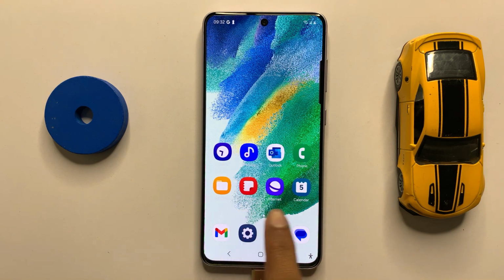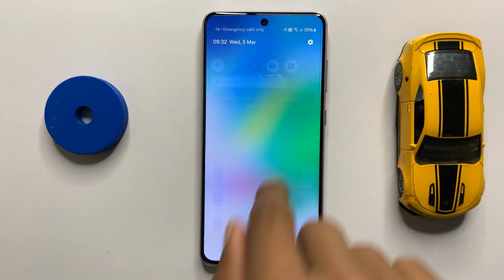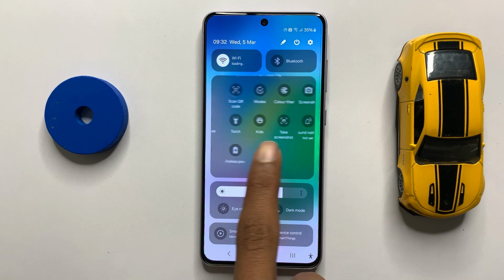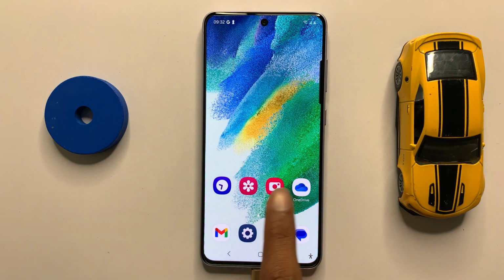First of all, turn off do not disturb mode. Now swipe down to your control center, and if you turned on your do not disturb mode, then turn it off. If you can't find the do not disturb here, then simply go back and open settings